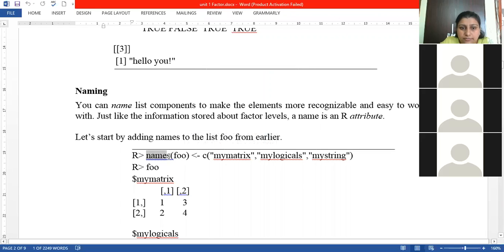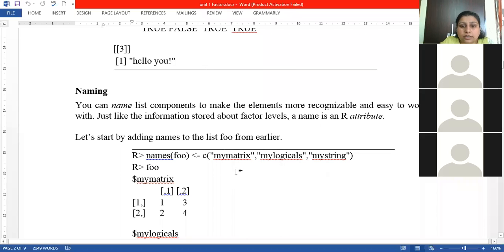Then within that, we assign a vector having 3 different names. The first is my matrix, the second is my logics, and the third one is my string.